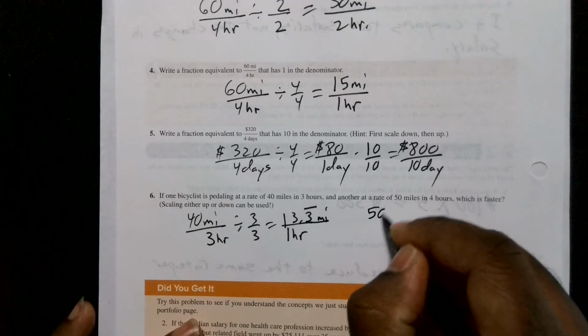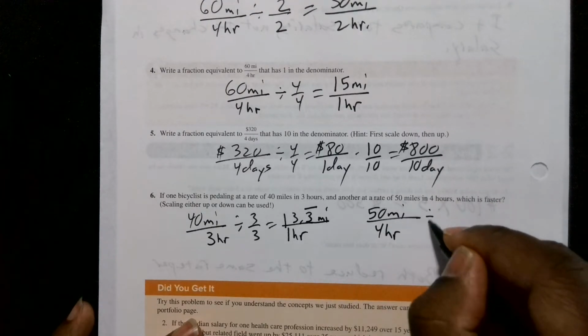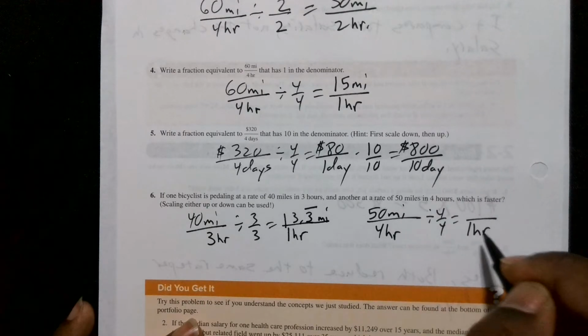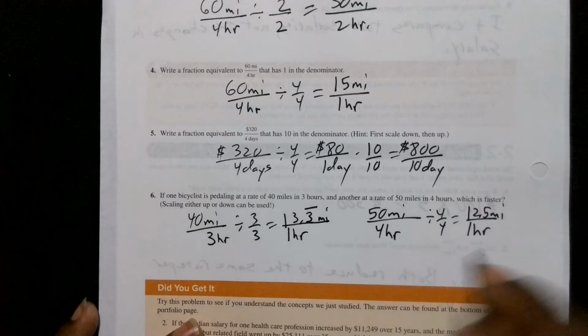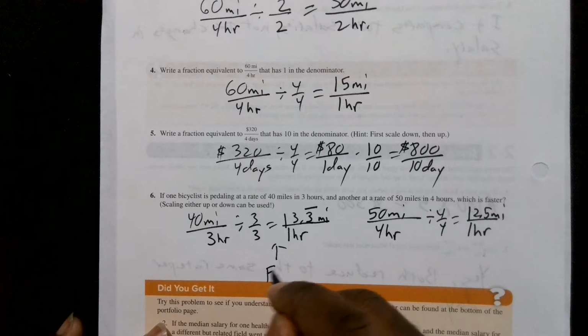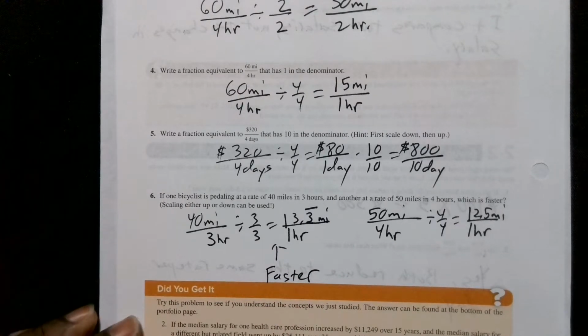So now we would take 50 miles divided by 4 hours. We could divide both by 4. And that would give us 1 hour in our denominator, and that would give us 12.5 miles in our numerator. So this one here is faster. And we're done. Okay, now we move on